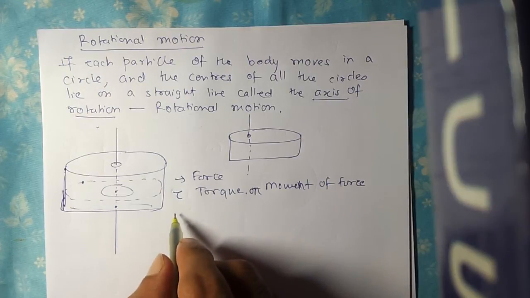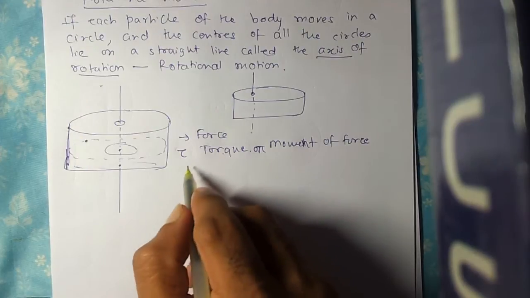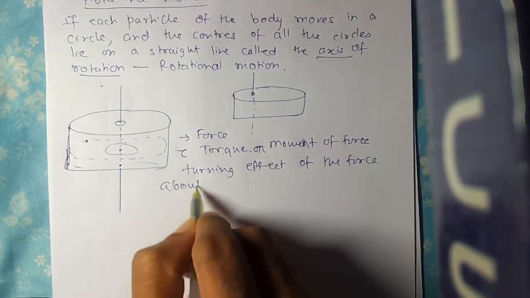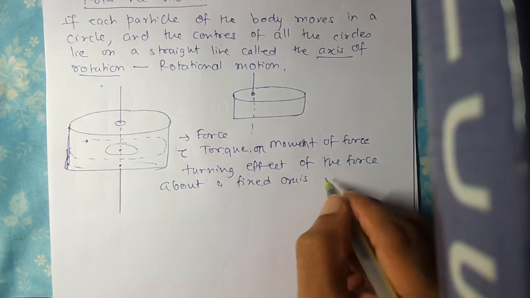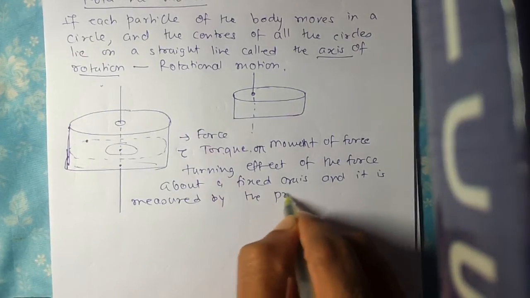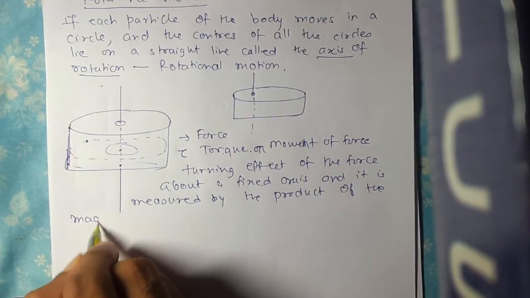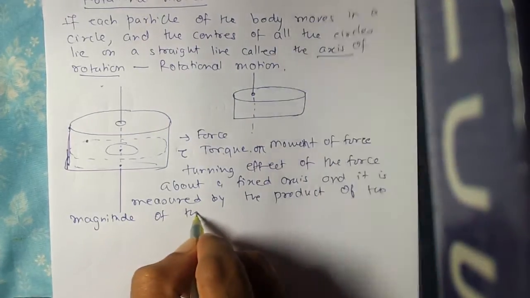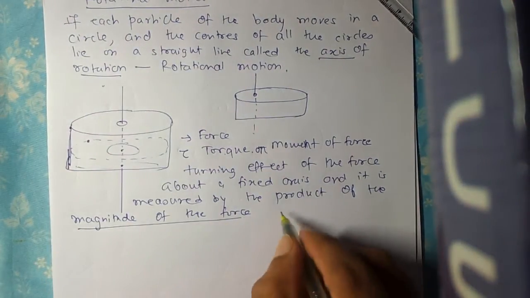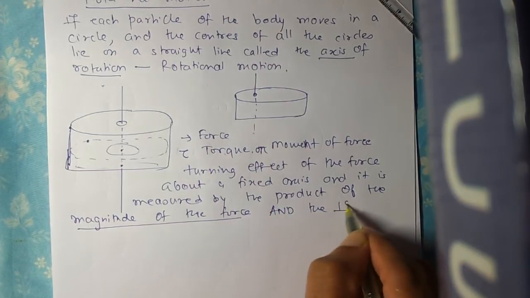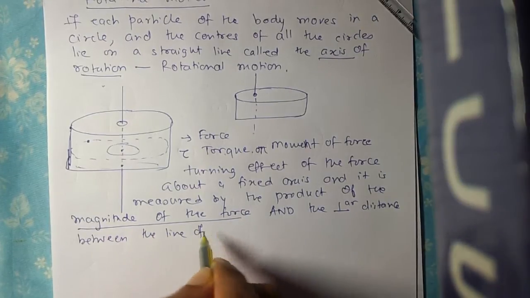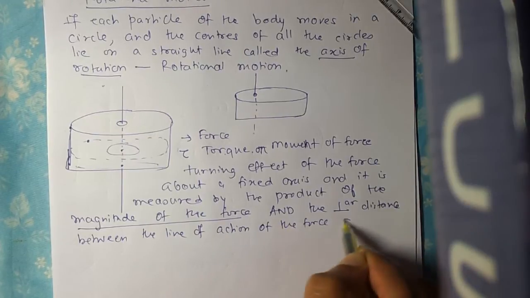Now, what is this torque? Let me once again write the formal definition of torque. The torque due to a force is the turning effect of the force about a fixed axis, which is the axis of rotation, and it is measured by the product of the magnitude of the force and the perpendicular distance between the line of action of the force and